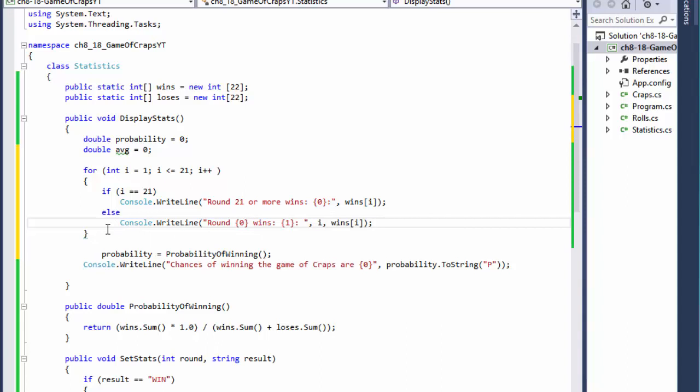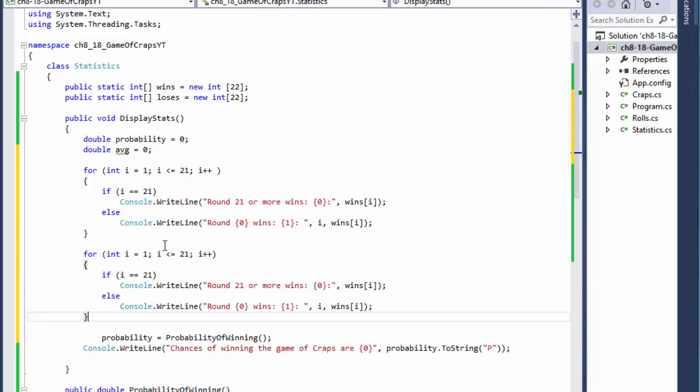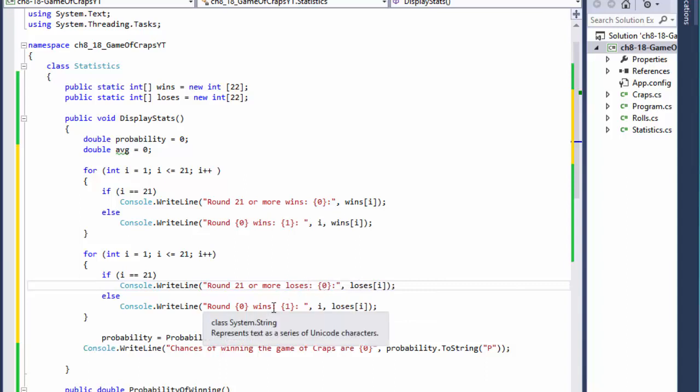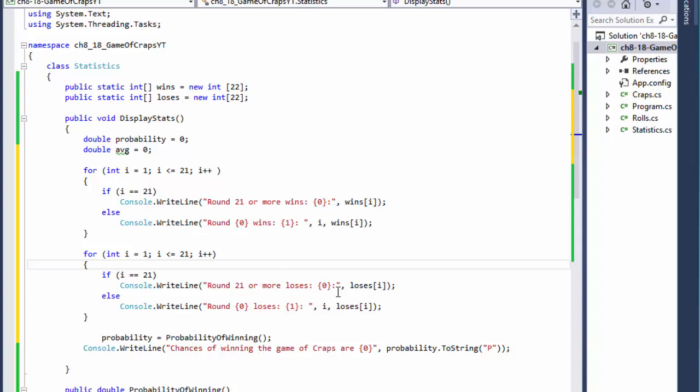And we will do exactly the same thing for the losses, but I'll do it as a separate loop. It's the same thing, except over here we will change this to our losses, and this too will be our losses. Except also this will say round 21 or more losses, and over here it will say losses as well. Okay, so let me run that, and now it should, at the end,